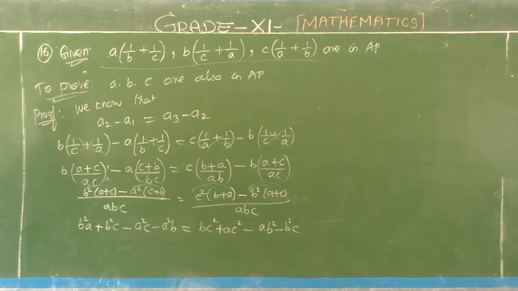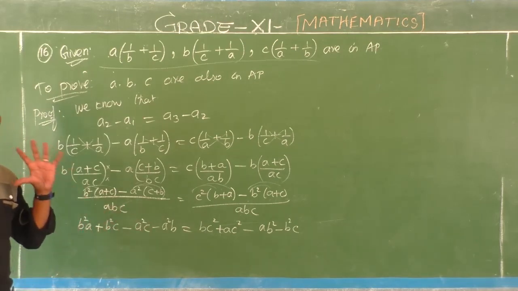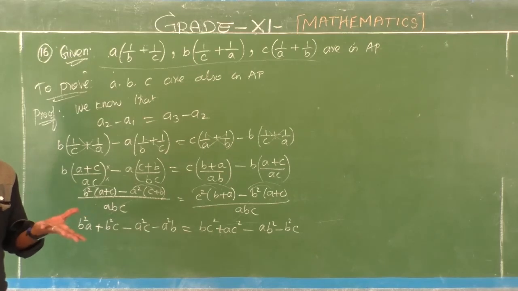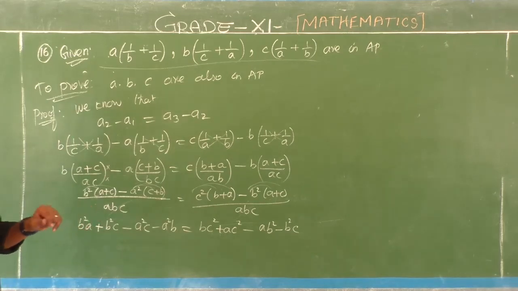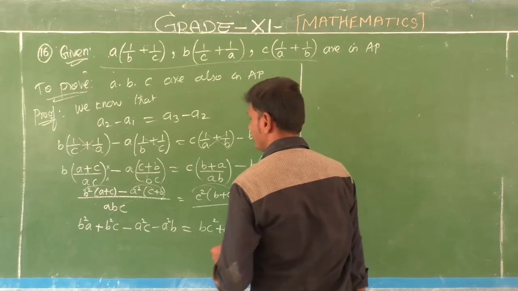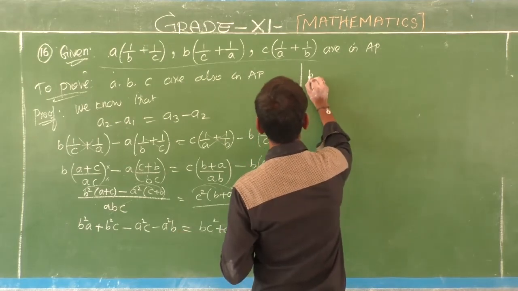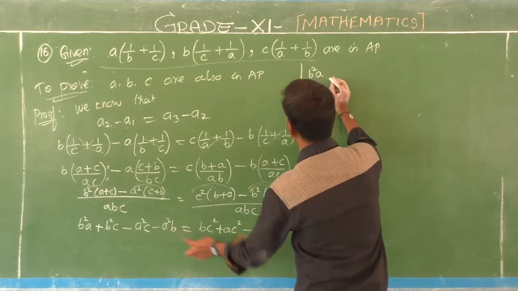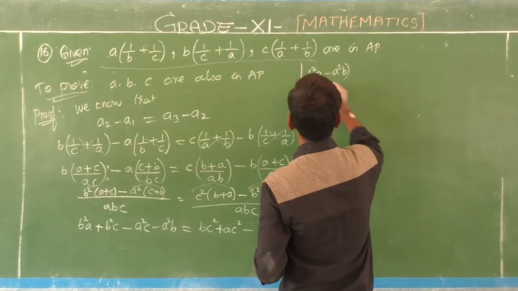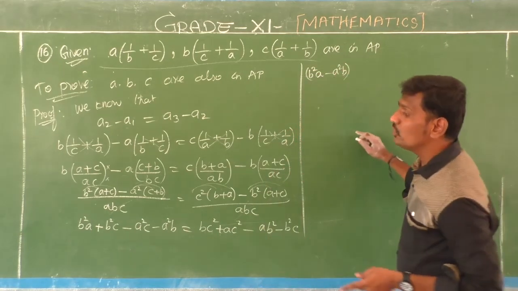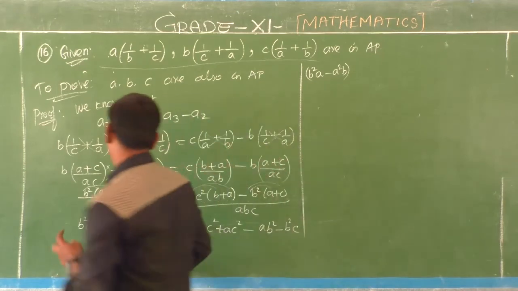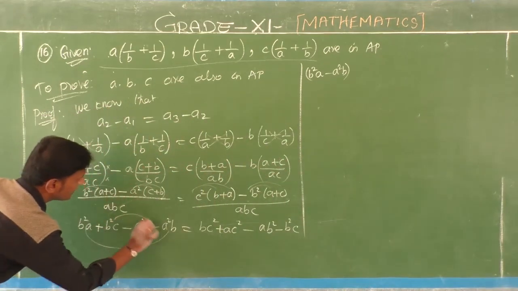Now look at that, I am going to compare the first and fourth term and then second and third term. Why sir you are taking these two? Can't we take the first two terms and the next two terms? The factorization will not come in a smooth manner. That's why I am taking first and the fourth term in common. So you have first term B square A and last term is A square B. So take one bracket student, and we have to combine by C. First and fourth, second and third.